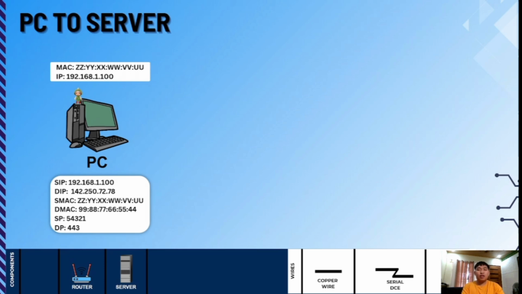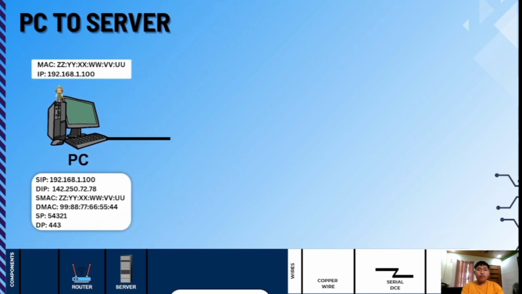The destination MAC address, or the DMAC, is 998877665544, the router's MAC address. The source port, or the SP, is 54321, a random port chosen by the PC for communication. And the destination port, or the DP, is 443, the standard HTTPS port.